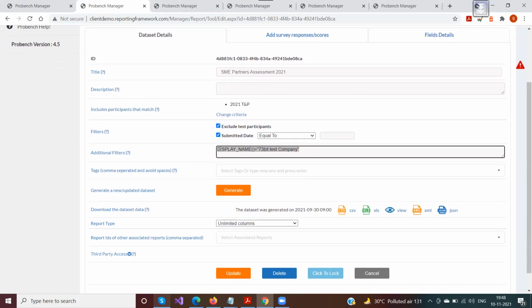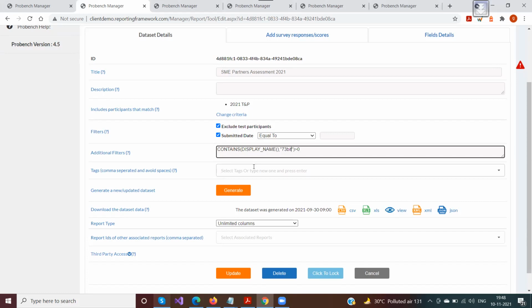Okay. The other thing that can be done using this is contains, another function that can be used. So if I say contains 73-bit greater than 0, what this would do is include all the participants that contain 73-bit in it.